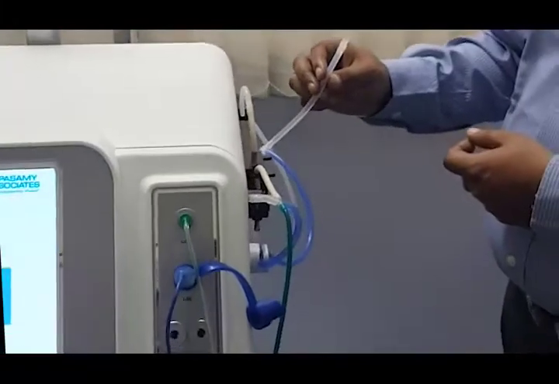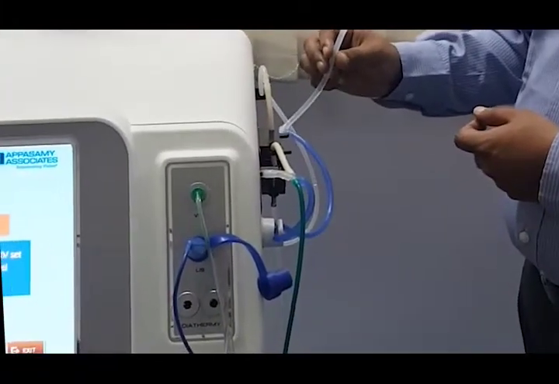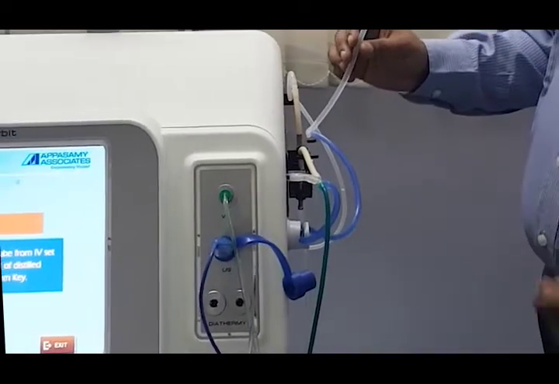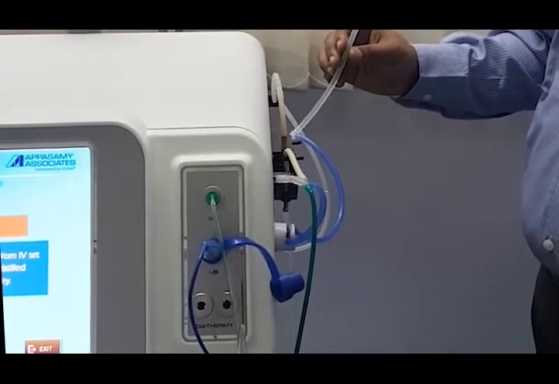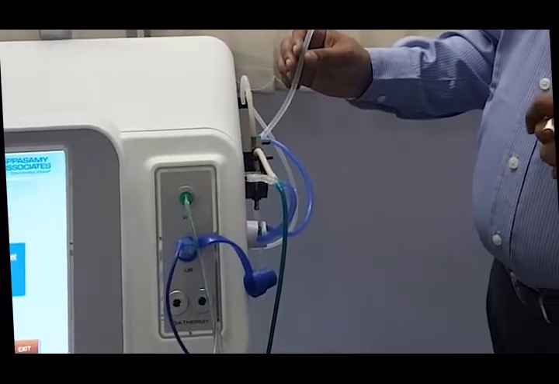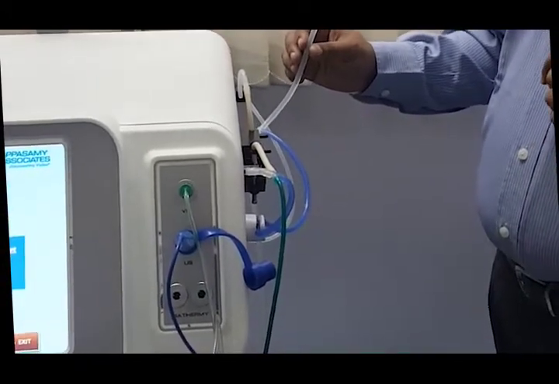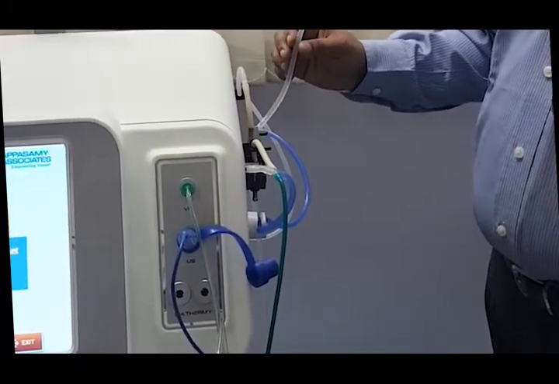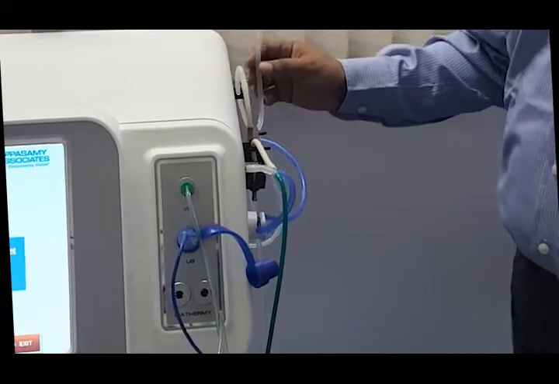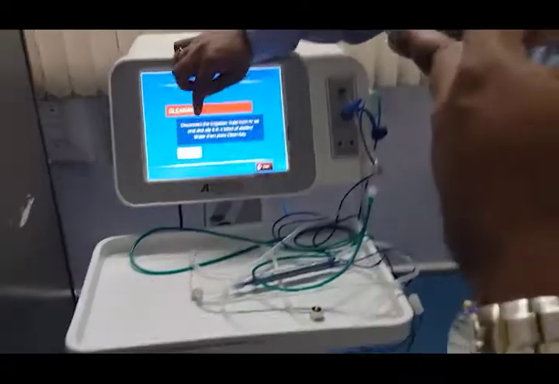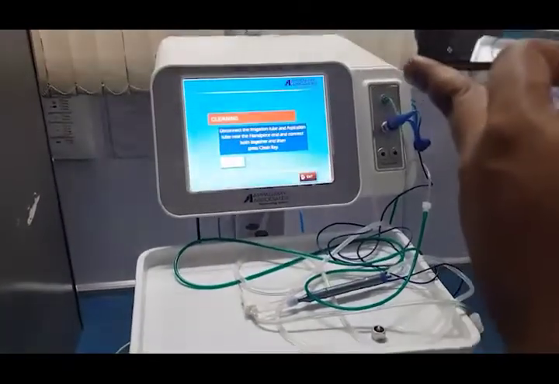It is always advisable to clean the machine with distilled water because during the surgery all the tubings will be filled up with the BSS solution, that is the salt solution. So once the surgery is over, it is always prescribed to clean with distilled water so that it can remove the salt, which enhances the life of the phaco tubing set. Once you are done with that, continue with the clean.